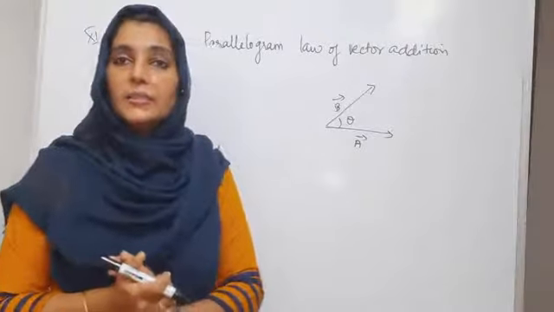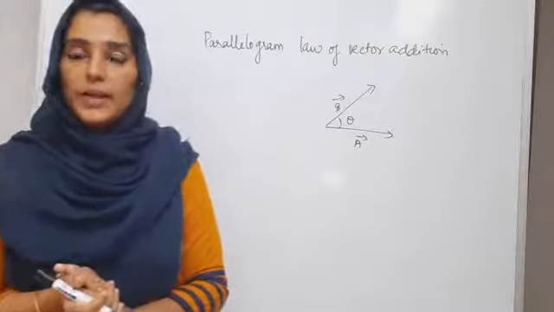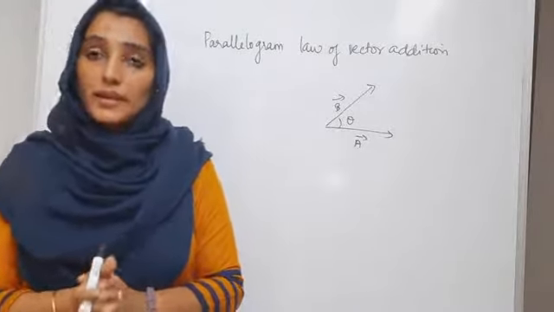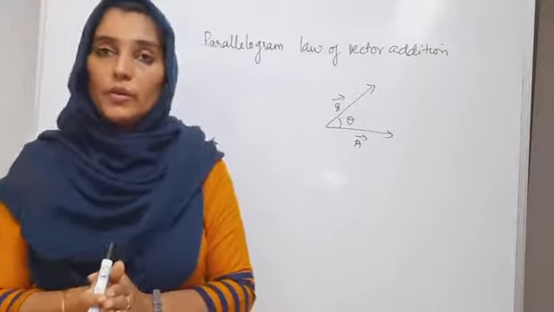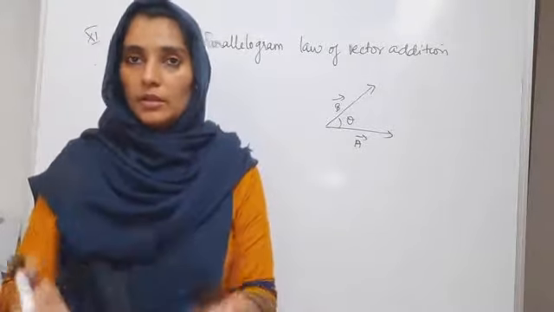Children, so today let us see the parallelogram law of vector addition. That is, how can two vectors be added? Anyway, we have seen in the first part of this lesson that we cannot add two vectors just like you add pure numbers, or it doesn't follow the algebraic law or algebraic method of vector addition.